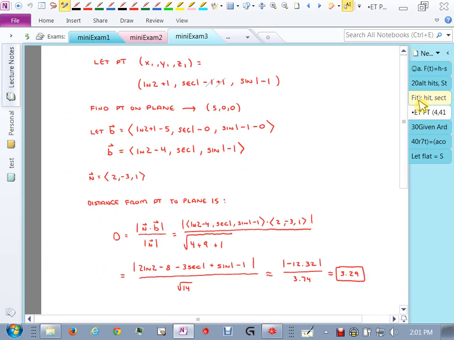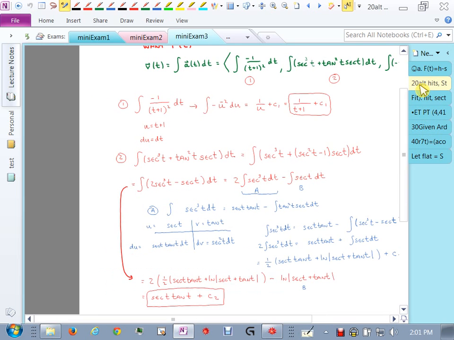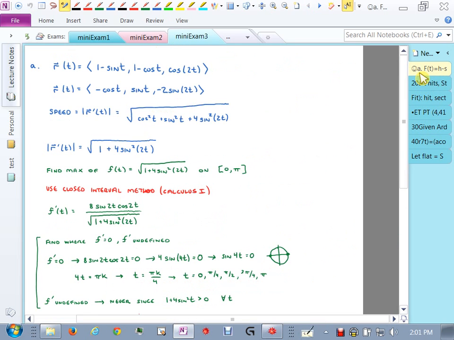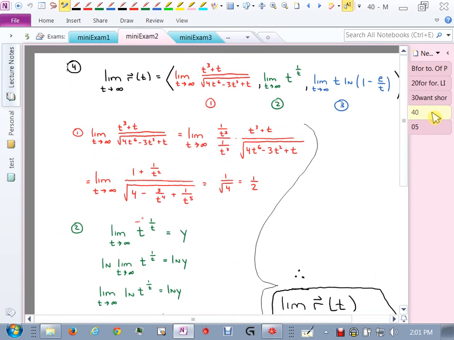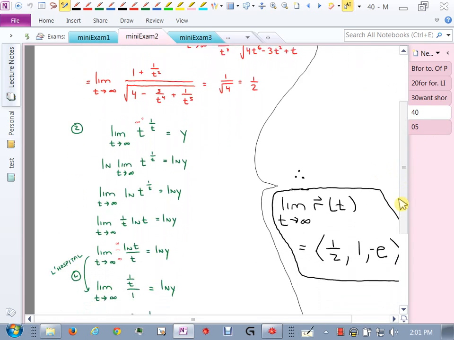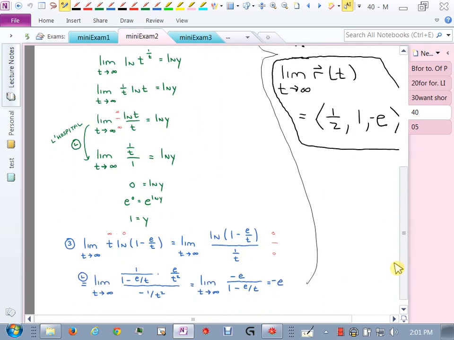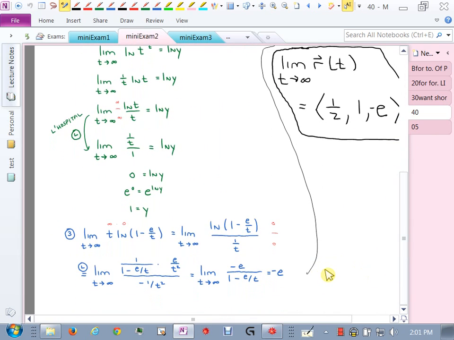Trying to show you something important here. Where was it? Yeah, this is a problem. I like to always show you all Cal 3 problems. I don't know why. But this is a problem in Cal 3